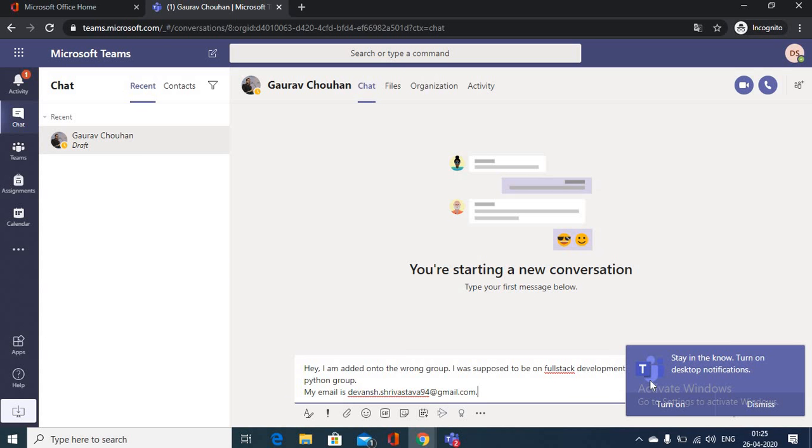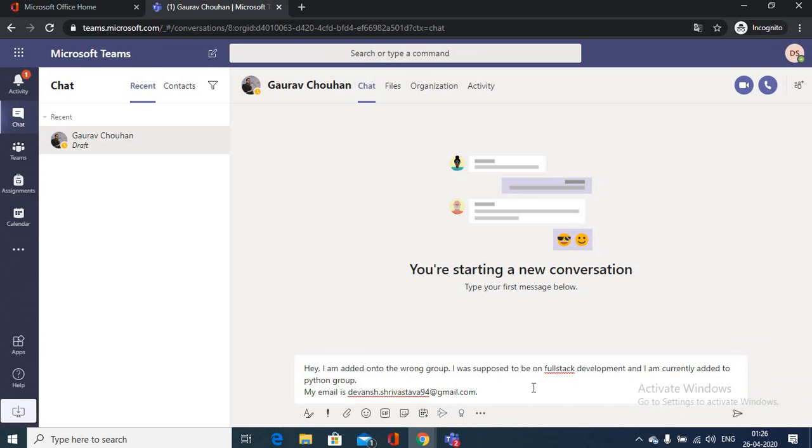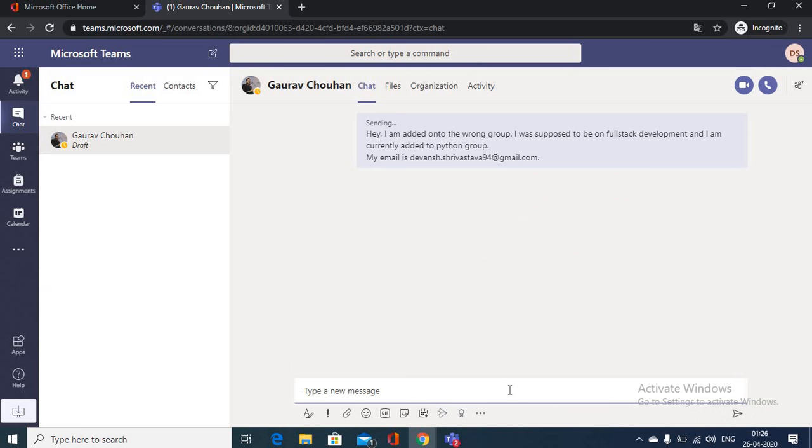And guys, turn on your notification for the period of training, like if you have a 7-day training or 10-day training. For that time you just turn on the notification section, and now you have just to send this message, and here you will see that the message has been sent to Gaurav, and now he will act upon it and will resolve your problem as soon as possible.